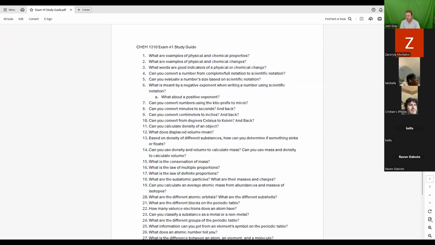An example, and now I'm going to switch over to share my screen that I'm going to draw on. But I just want you to know that I'm going to be going question by question, item by item, on the study guide. So the first few would be about chemical properties or chemical changes. And so what I can think of as a question right off the cuff,